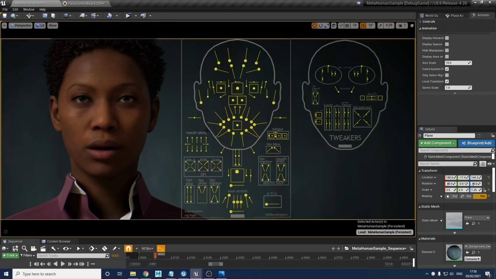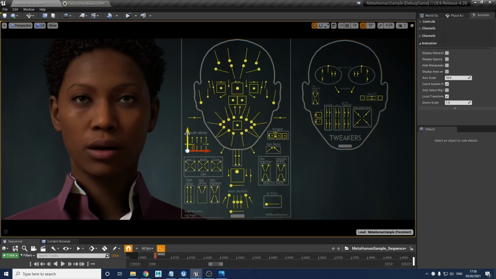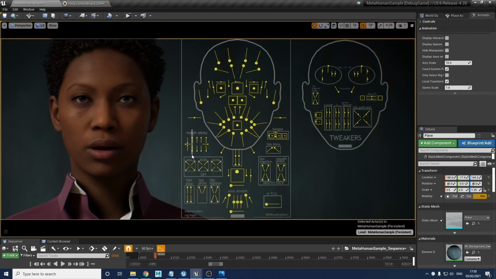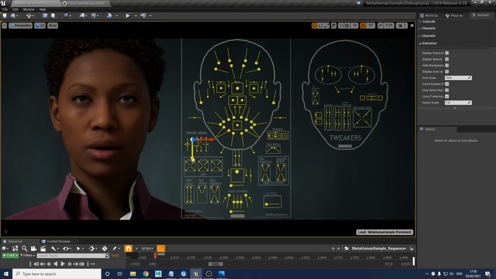I find the best way to get a really nice detailed one is to use these 10. So you have 5 on the upper and 5 on the lower, and they move from the outside to the inside of the lips. You can see it's just pinching a very specific area in the corners here, and it gives you more finesse over exactly how much you want on, right the way to the middle if you need it.